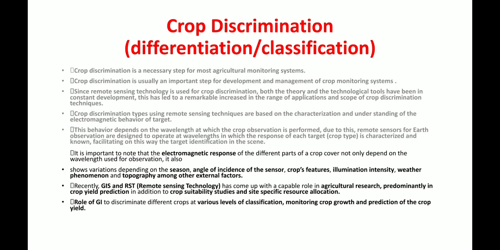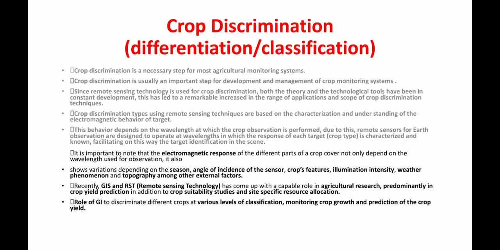Then the role of GI, that is geoinformatics, is to discriminate different crops at various levels of classification, monitor the crop growth, and predict the crop yield. In short, there will be the discrimination, classification, or differentiation of crops with the help of this RS,